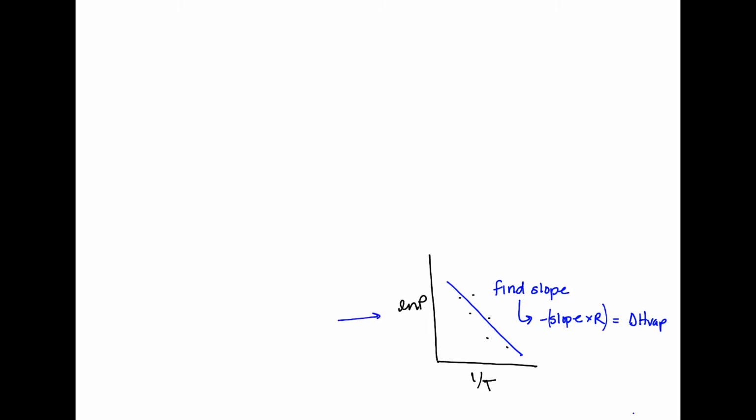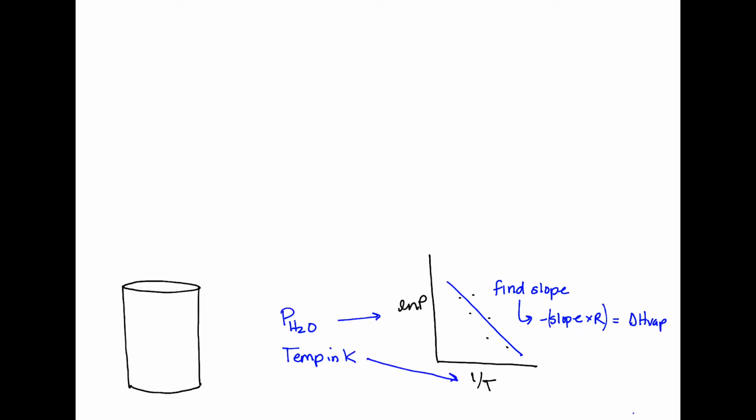So to make this graph, we're going to need the partial pressure of water, and we're going to need the temperature in Kelvin. If you've watched my video on the setup for this lab, or you've read the lab really carefully, you would know that the way that we're going to collect our data is that we are going to take a beaker, we're going to put some water in it, then we're going to put a graduated cylinder inverted upside down in there,